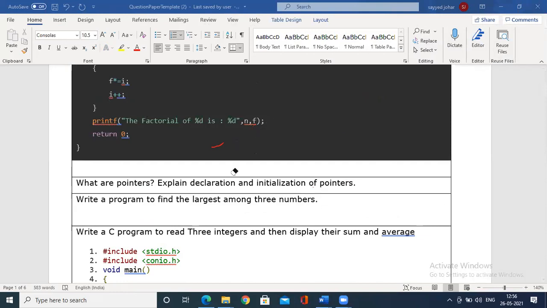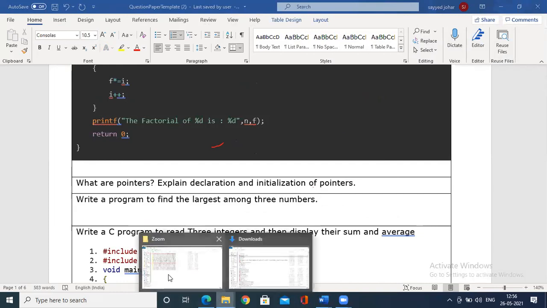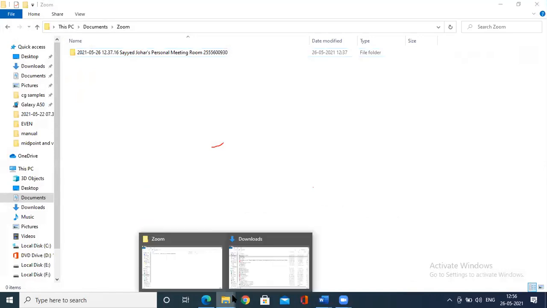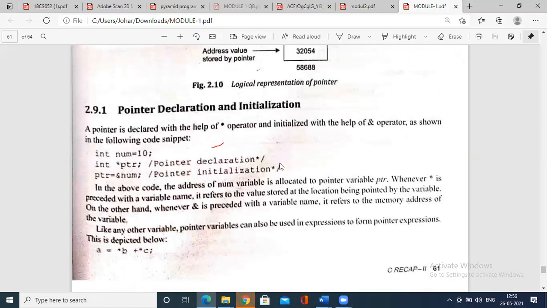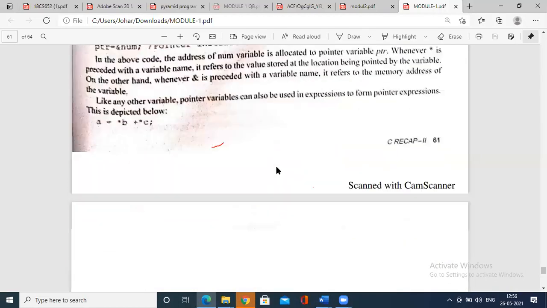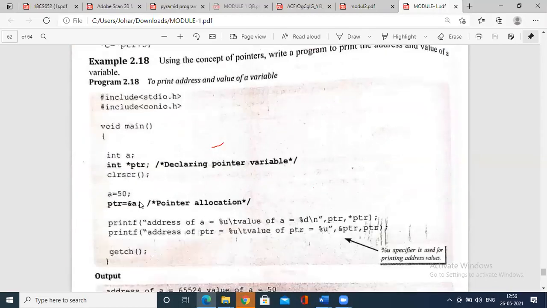So you could give one of the examples. Let us see the example. Here is an example, the same example you could represent.